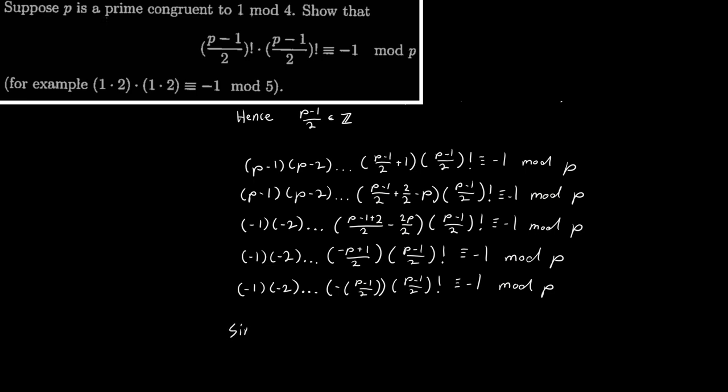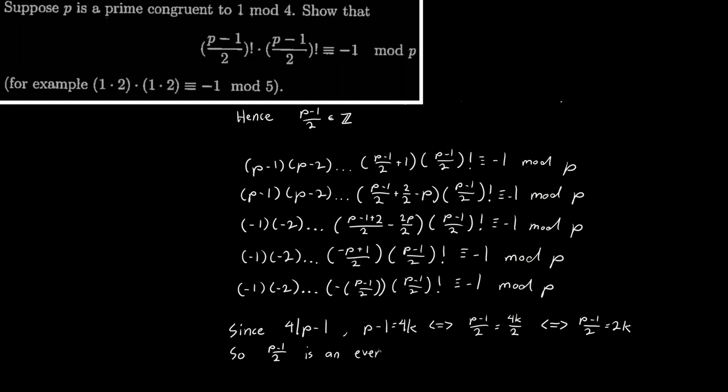So I'll just restate that since 4 divides p-1, p-1 is equal to 4k, and that implies that (p-1)/2 is equal to 4k over 2, which implies (p-1)/2 is equal to 2k, which is a restatement of what I said earlier, but you can see more clearly that (p-1)/2 is an even number. So that means